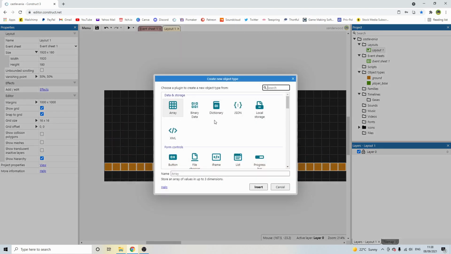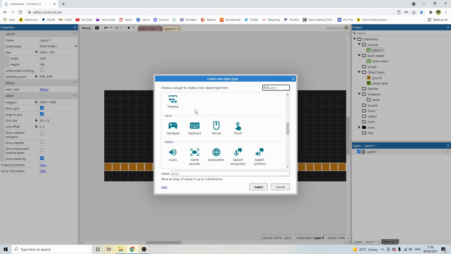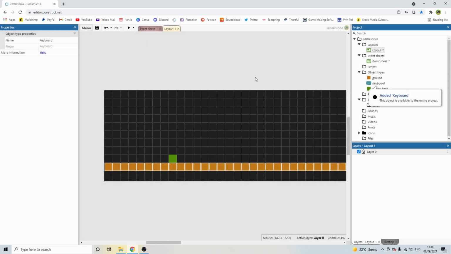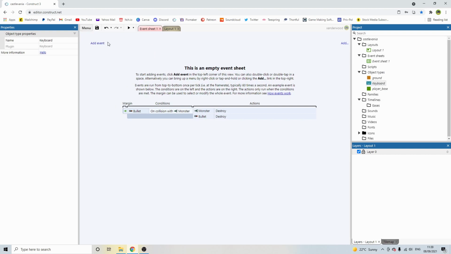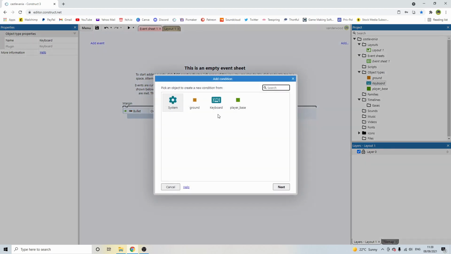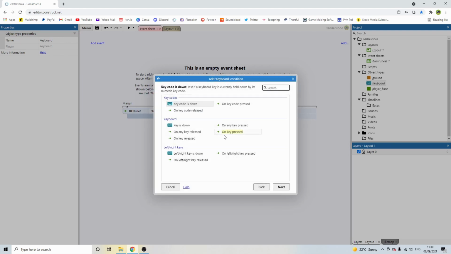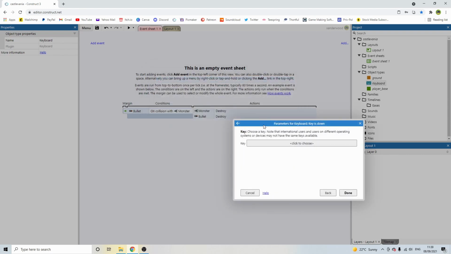So double click. Let's add in an input now. Scroll down, we're going to find the keyboard, double click. It's going to pop over here in your objects. Go back to the event sheet, and we're going to add our first event. Double click on add event, double click on keyboard, and now we're going to say is key down. You can see you've got a few different options here. You've got is key down, on key pressed, on any key pressed, but you want is down, double click, and